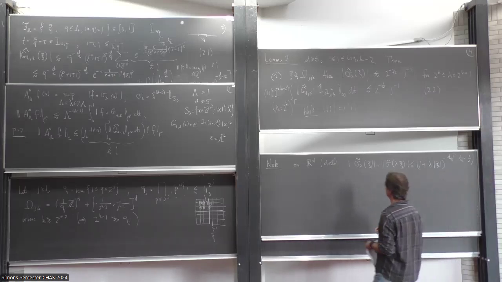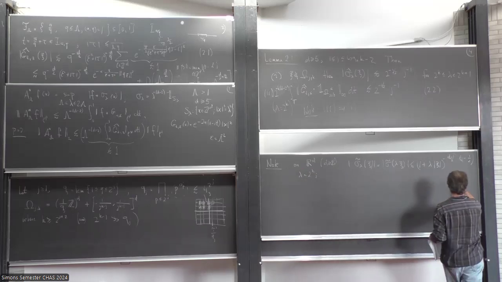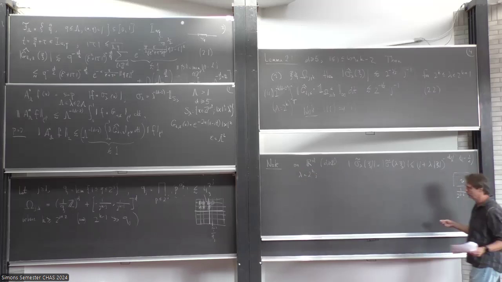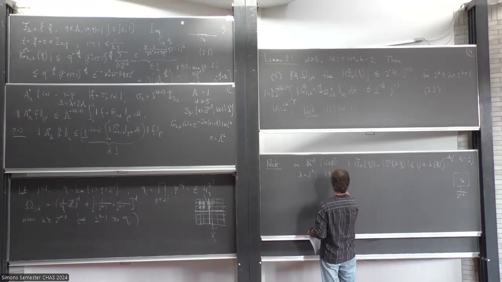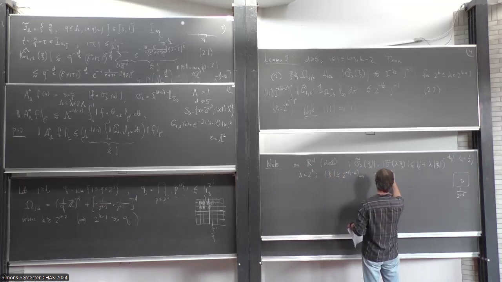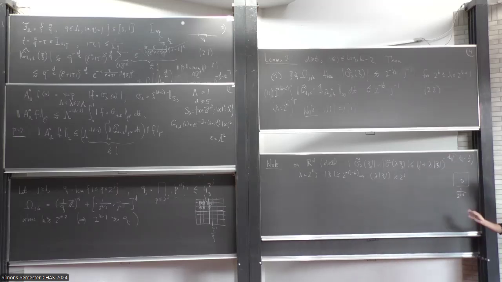Okay, so now in the case when lambda is about 2 to the k, and c is outside of a cube centered at 0 of size 2 to the j minus k, which means that c is bigger than 2 to the minus k minus j, this means that lambda c is bigger than 2 to the j. So by this, you get the estimate 2 to the minus j over 2, which is kind of the same thing.